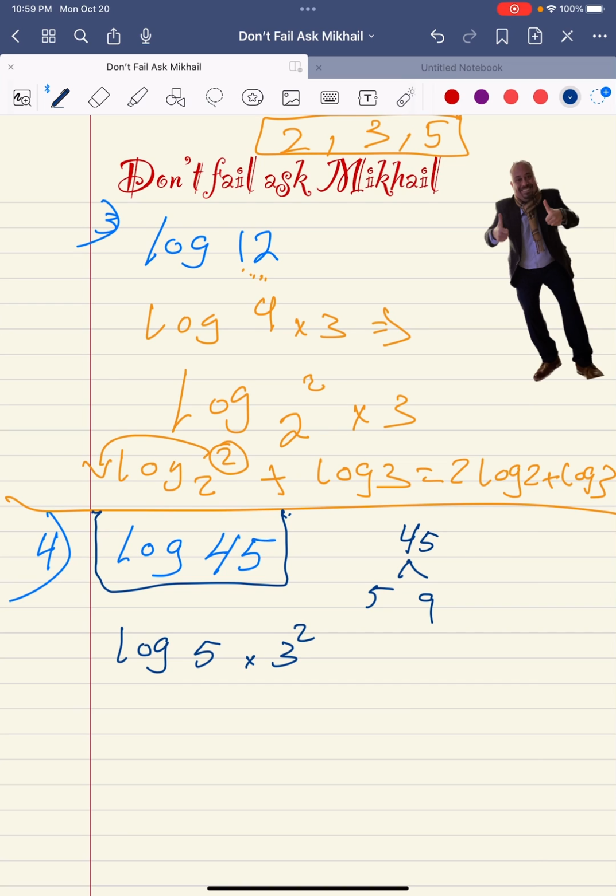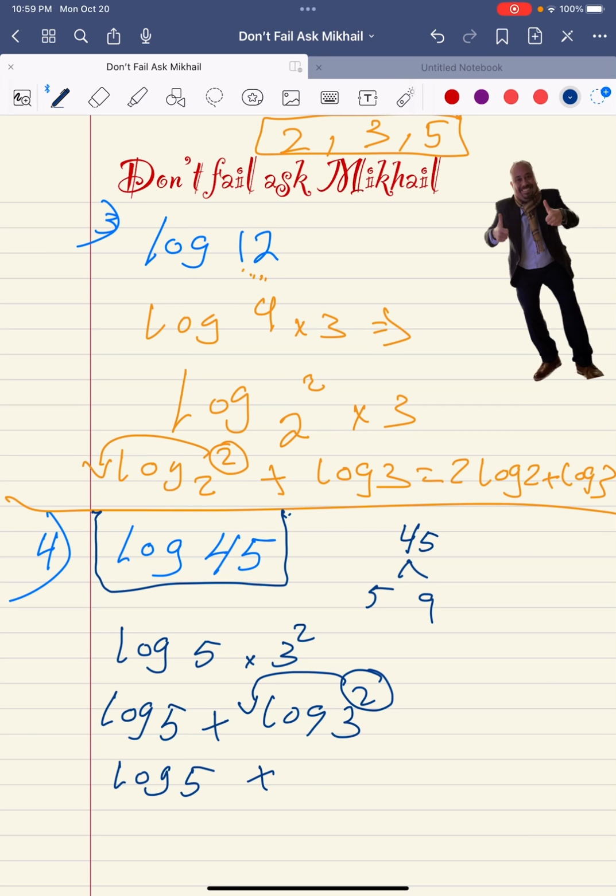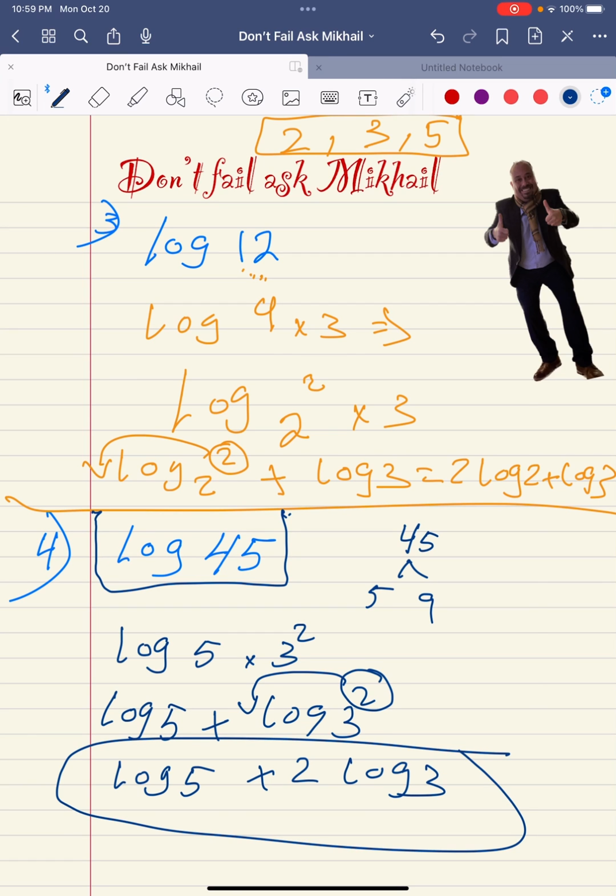All right, that will equal log 5 plus log 3 square, and because of this, the exponent jumps in the front, so that is log 5 plus 2 log 3. Then you substitute with the value of each. All right,